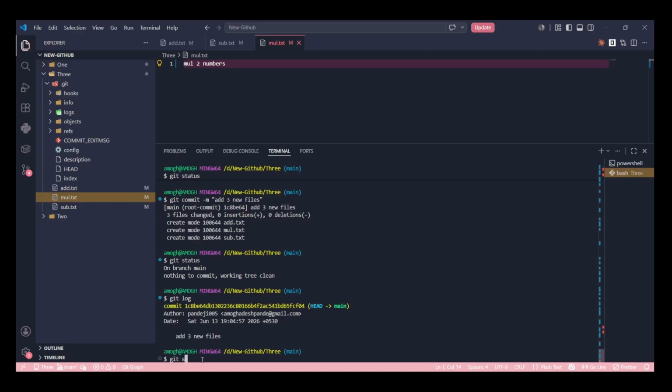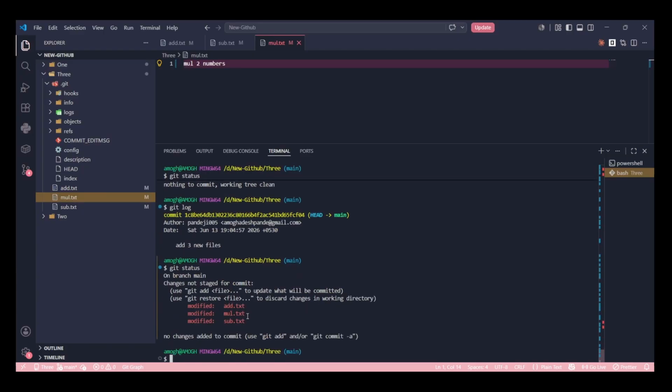Now if I run again the git status command, it says I have modified three files. See, Git is smart, guys. Even if you modify, even if you change the name of something, if you delete a line, if you add something, it tracks every single thing. Okay, it says modified three, and I need to send them back to the staging area. The same thing.